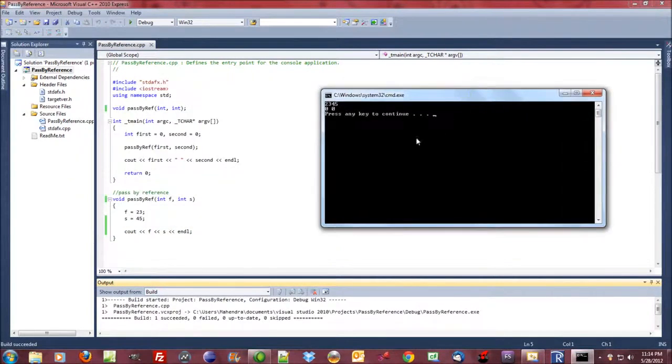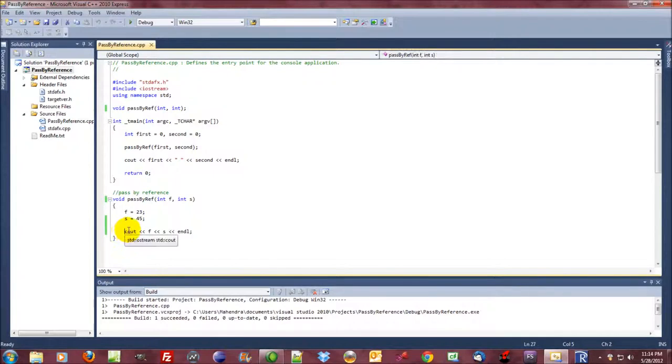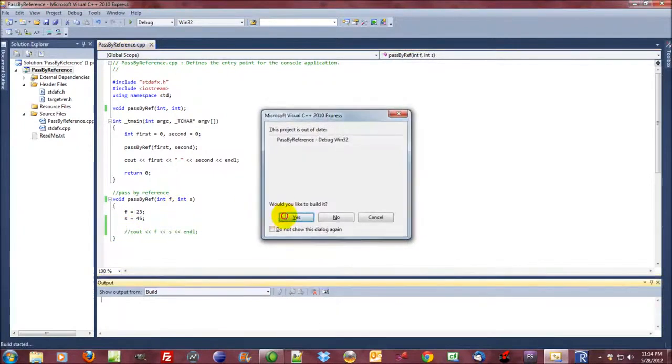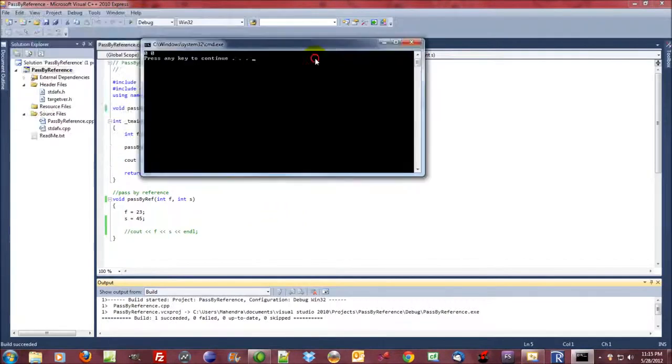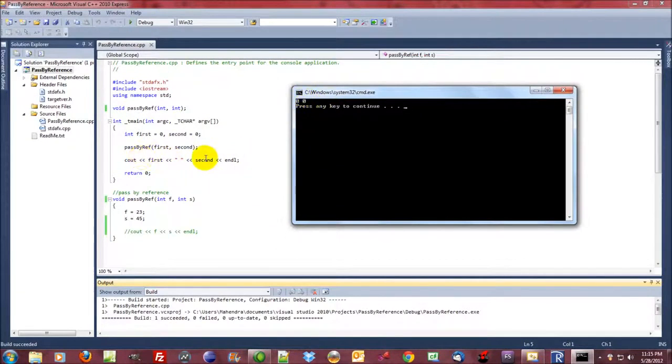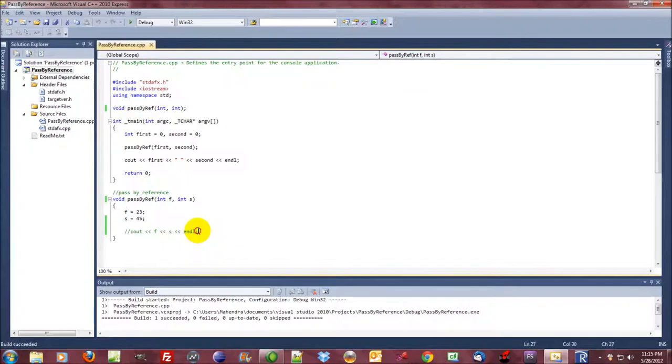And you notice that 23 and 45 gets printed down here, but 0 and 0 gets printed right there. Okay, so first and second does not get updated. To prove that again, I'll just comment that out, run it again, and there you go, 0 and 0, first and second. Nothing gets updated because it's not passing by reference. Hopefully this tutorial was helpful, and I will see you in the next